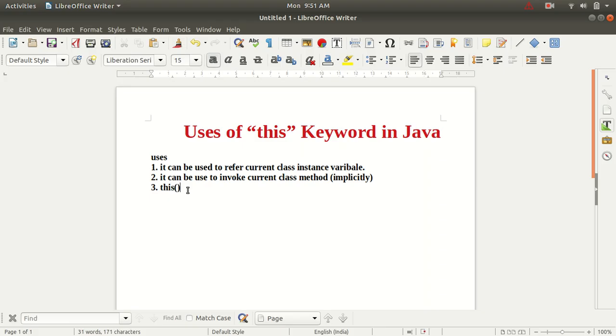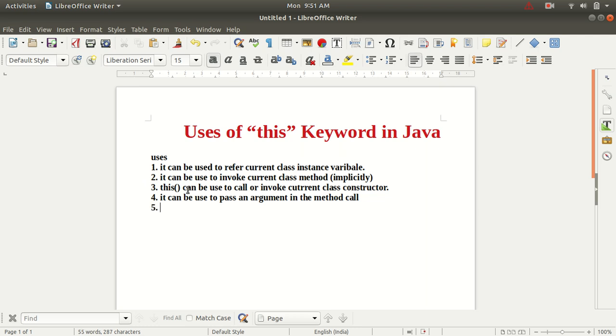And the fourth use is that it can be used to pass as an argument in a method call, right?